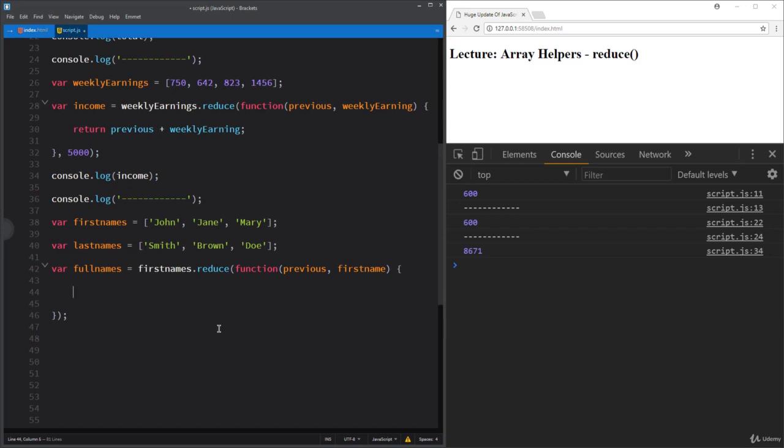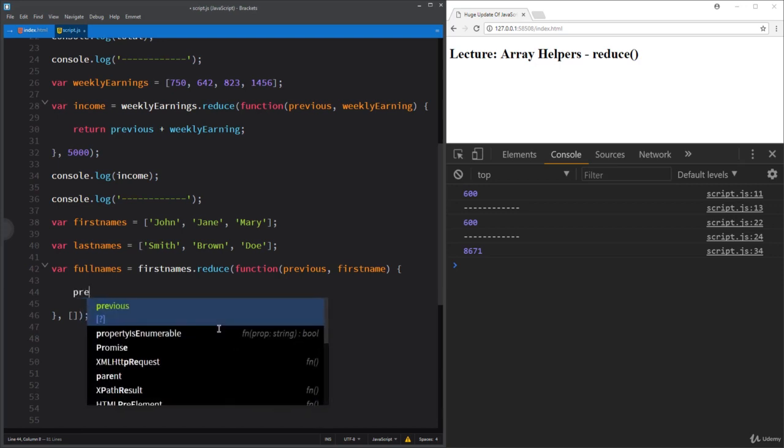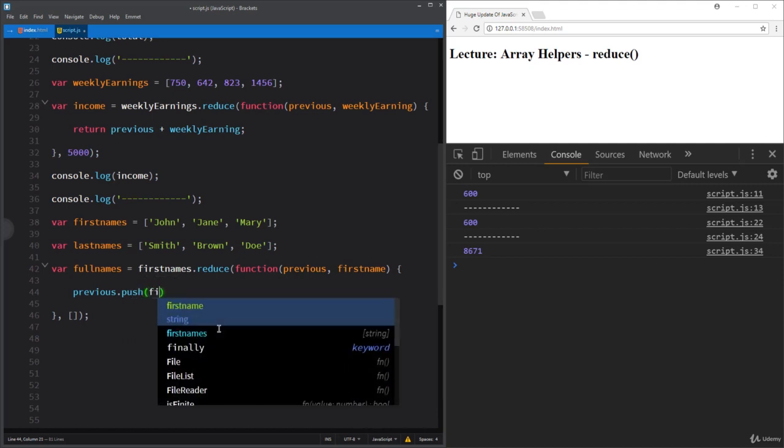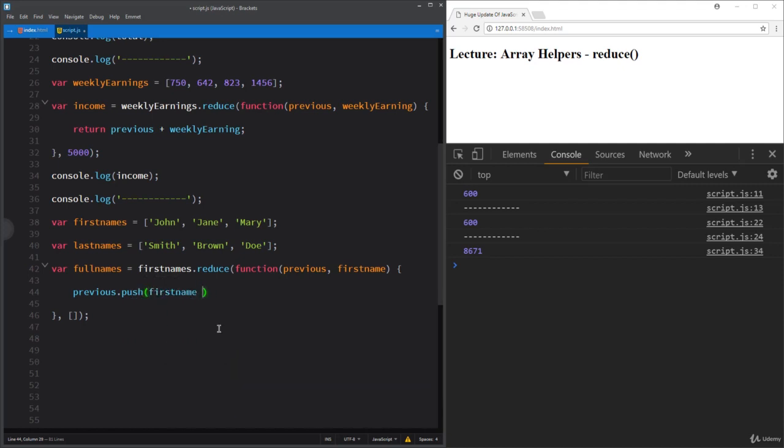So as we said, full names should be a new array, therefore reduce helper will have as a second parameter, and actually as an initial previous value, an empty array. And in order to accumulate first names and last names in that array, we're going to use push method. So write previous dot push, then inside parentheses write first name plus the space, and now we need to get